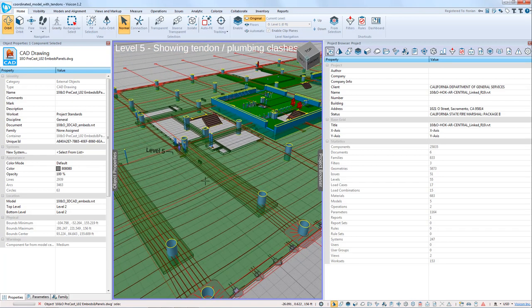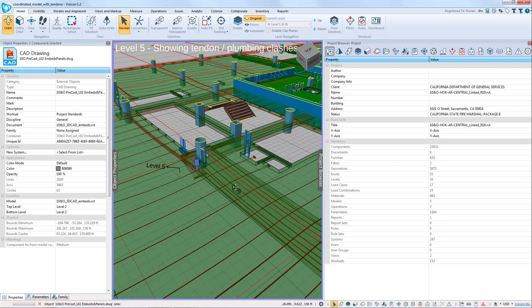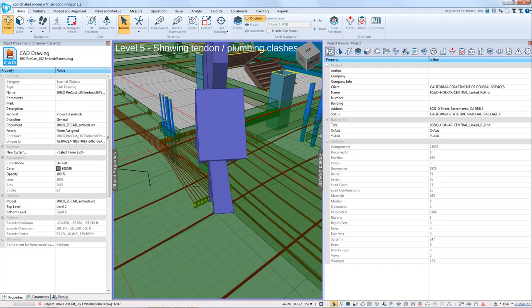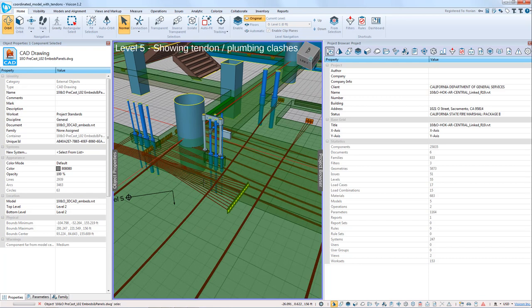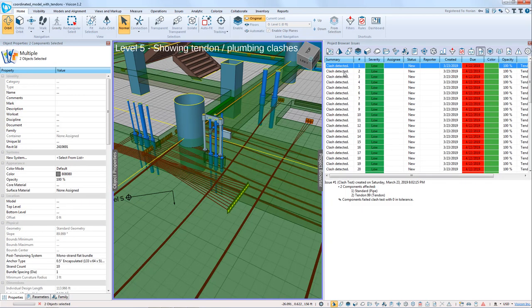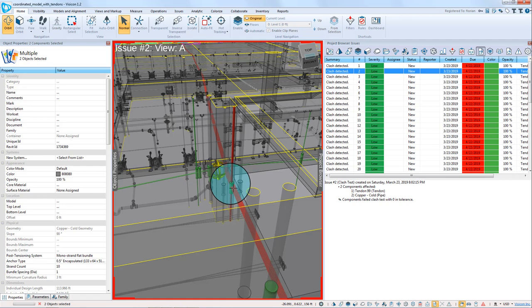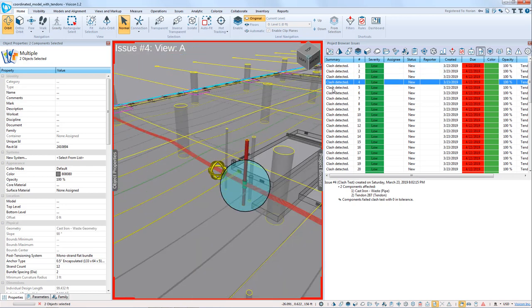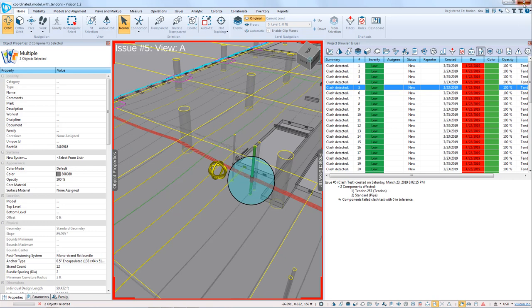So what we're doing here is an example of where we've merged all of these, and you as a structural engineer can then quickly run a coordination to determine whether your design is going to cause conflicts or not. We can also run clash detection, and here are some examples where the program has identified where the mechanical sleeves may clash with tendons. So let's go ahead and close this out